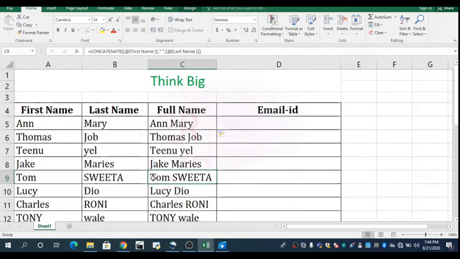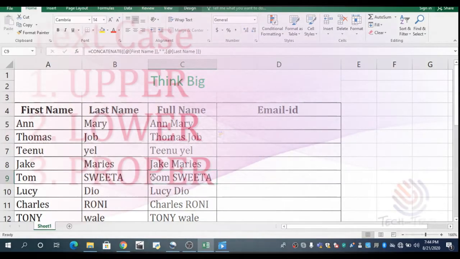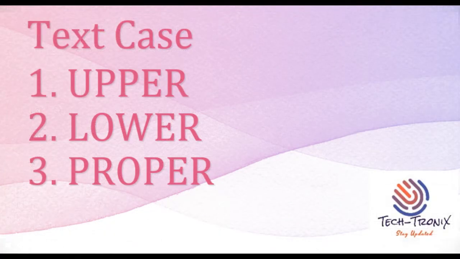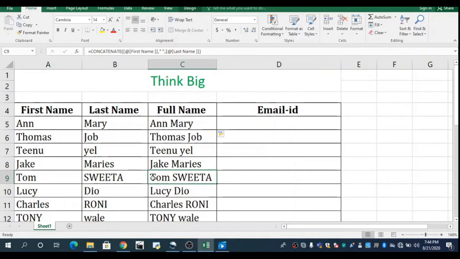The first one is upper, second one is lower, and third one is proper. Upper is used to convert the word completely into uppercase, lower to completely into lowercase, and proper to convert into proper case. Proper case is for first name and the last name. When concatenated, the first letter of each word will be a capital letter.